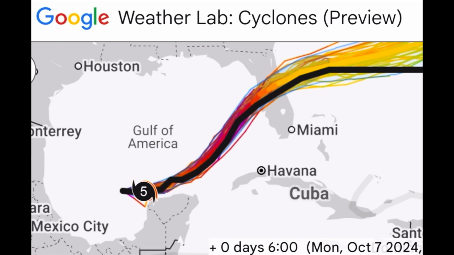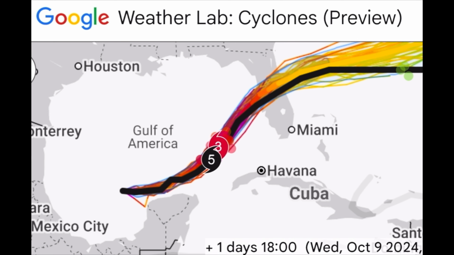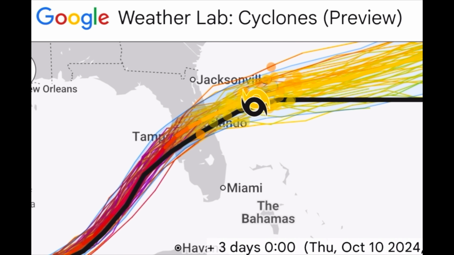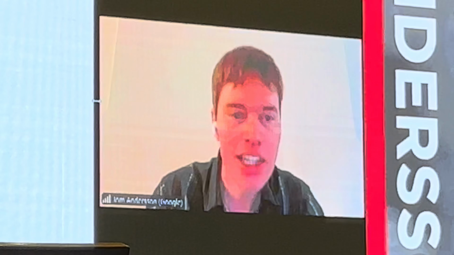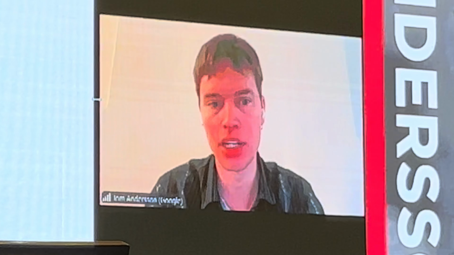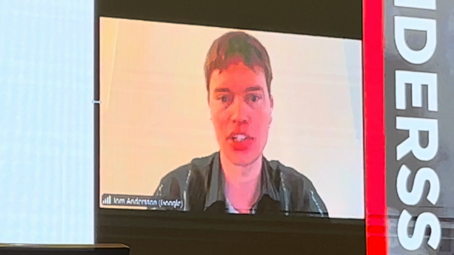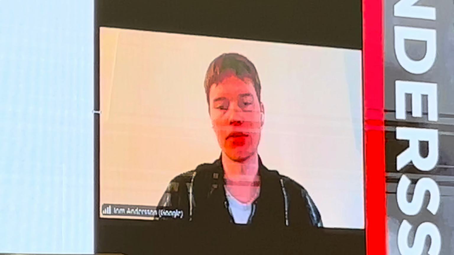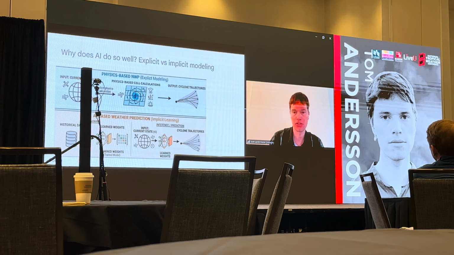I thought this community might be wondering, why does AI do so well? Like, what's actually going on? So I would frame this as explicit versus implicit modeling. In physics-based numerical weather prediction, everything has to be explicit. If you want an output for a certain thing, you need to model the physics behind it in some way. So they get the input state, do explicit physics calculations, and then run all the Navier-Stokes, and with regional models, they run on a finer grid and so on to capture all those convective processes. And then you get the cyclone trajectories.